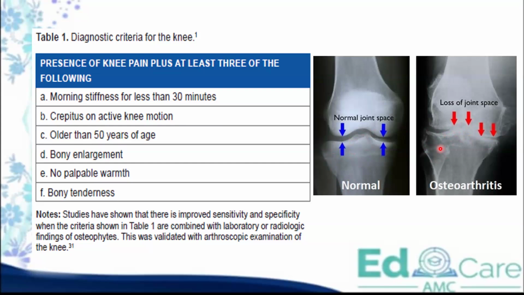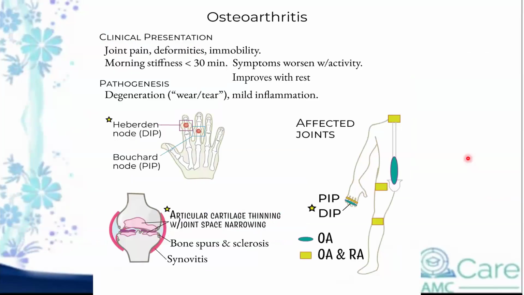Another thing you need to notice is how white the joint is. That means there is no thinning of the bone. There is no osteopenia, right? So where did we do osteopenia now? It was in rheumatoid arthritis, right? So rheumatoid arthritis has osteopenia, but in osteoarthritis, if you can see, there is no osteopenia. So again, just everything in one picture.